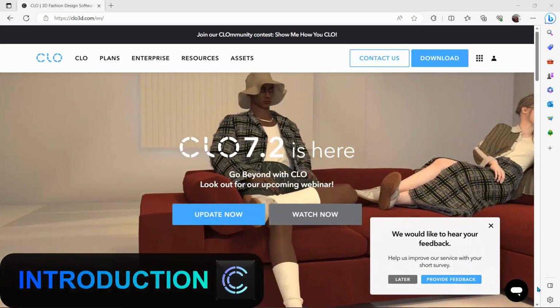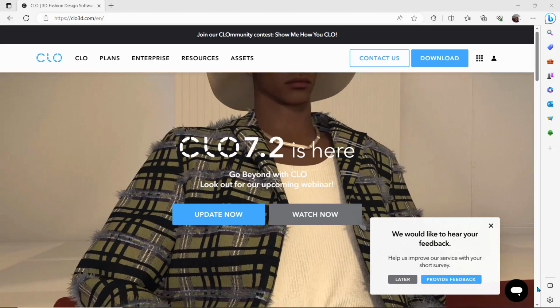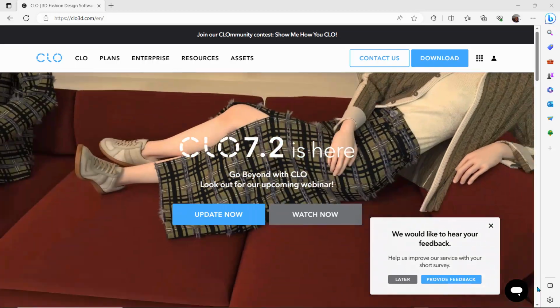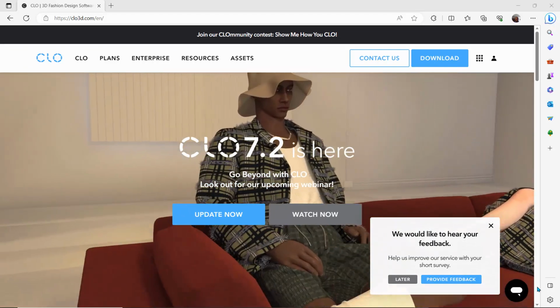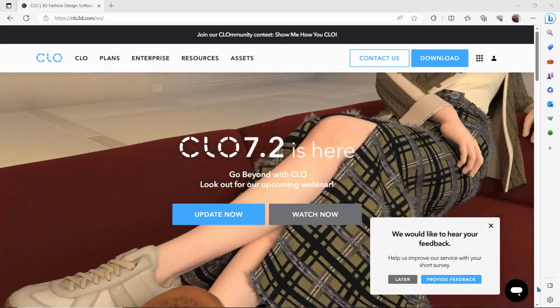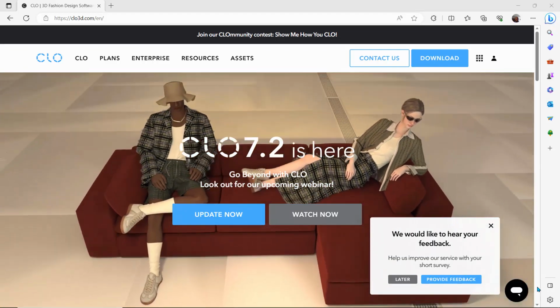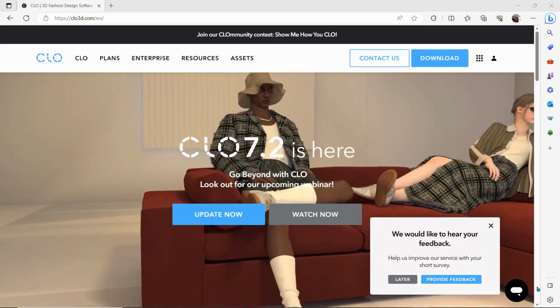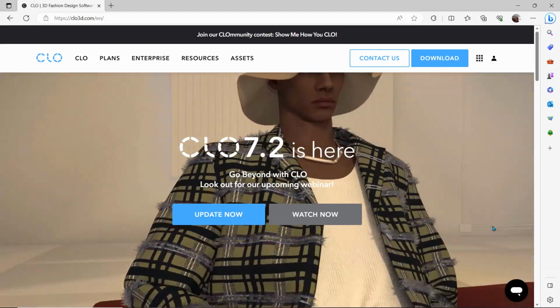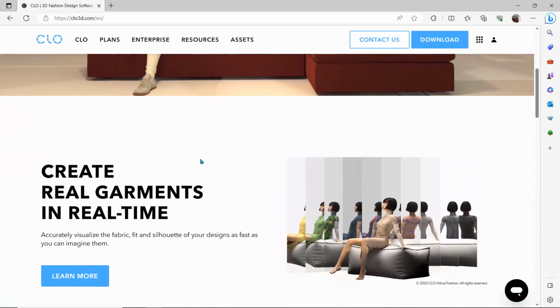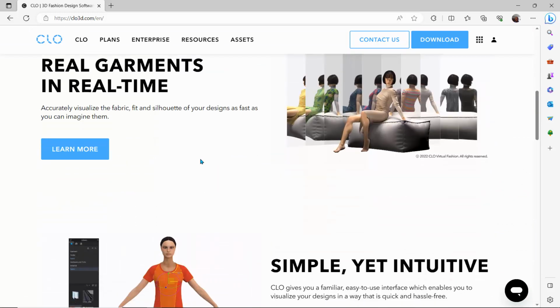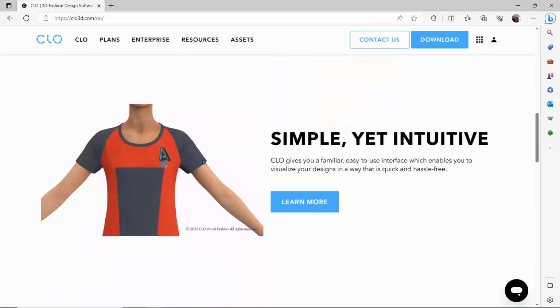If you're here, that means you're trying to learn CLO 3D, and let's go ahead and begin. So this is a fashion designer's software, and it allows you to create clothes, fabrics, and designs, and it gives you access to models, and you can use those models to create those fabrics. And not just creating fabrics and materials, you can pose these 3D models called avatars, and it gives you an interface where you can actually create virtual fabric design using stitching,